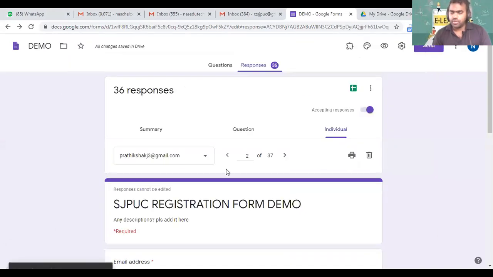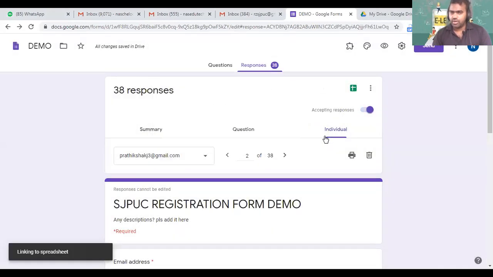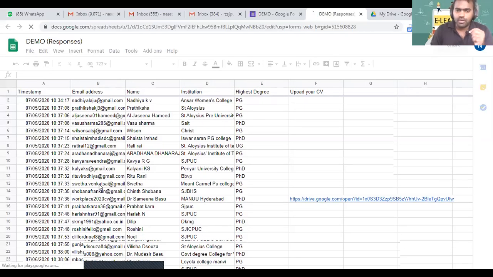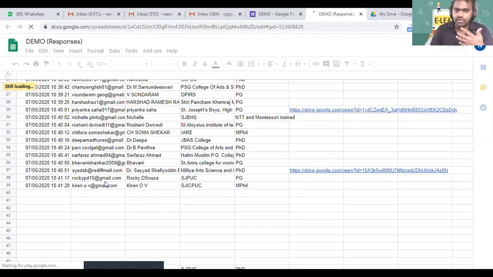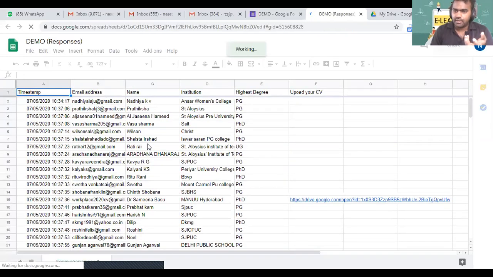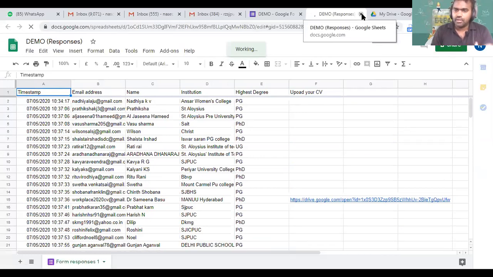And suppose if you need to have complete information in an Excel sheet, you can click here. You click on this Excel sheet and create one. Then automatically your responses Excel sheet would be created and it would be opened. Hope you are getting that. The complete details would be given in an Excel sheet. If you need to analyze the data, you can do it from this. If it is a survey, you can export into Excel and do the analysis also by using this.